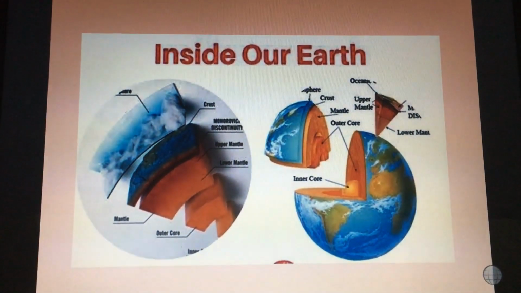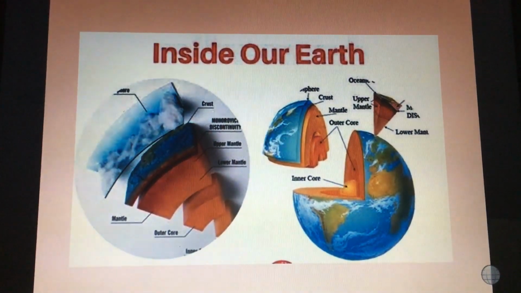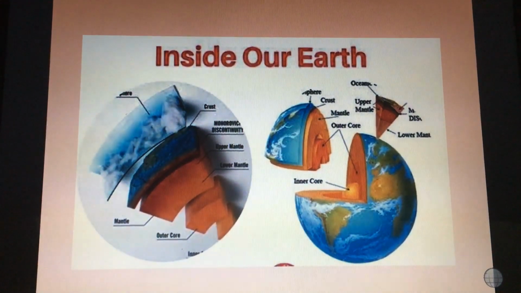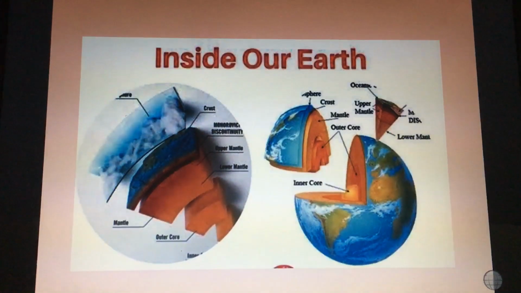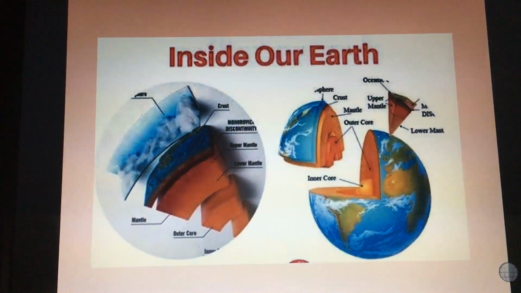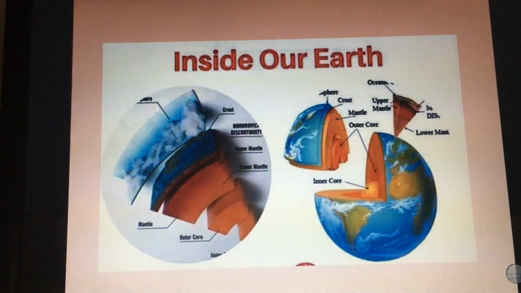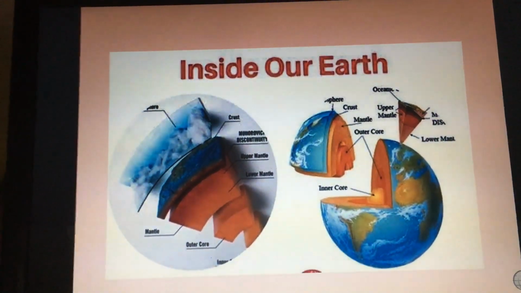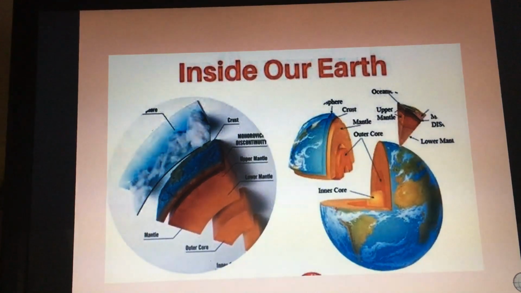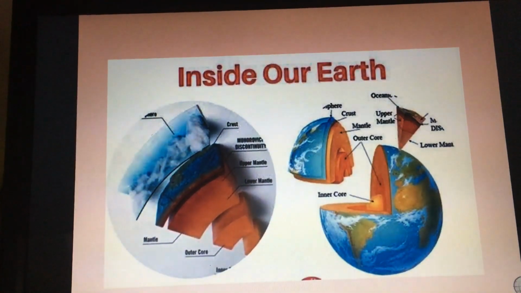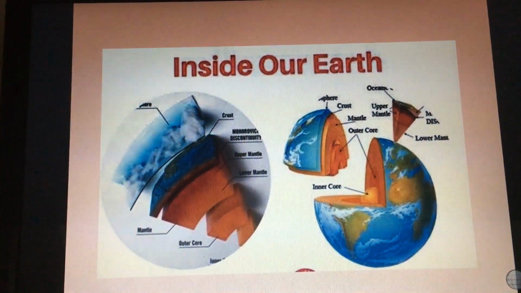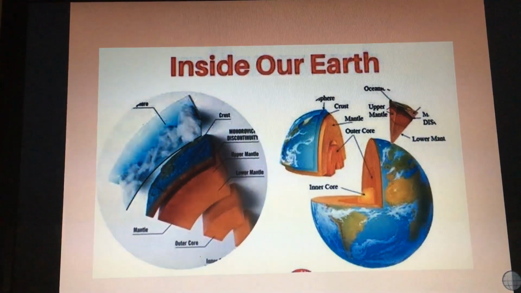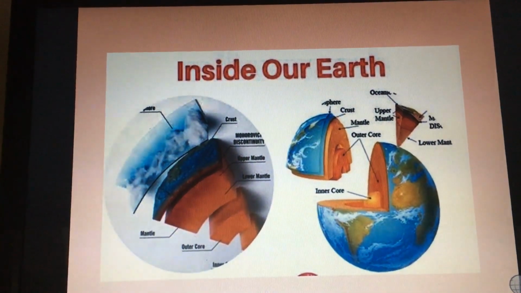As you have seen in the videos which I have sent to you, with continuation to that we are going to talk about the different layers or the structure of our earth. On the basis of varying density and other physical and chemical properties of rocks, the earth can be divided into three concentric layers. These are crust, mantle and the core. You have seen in the picture.